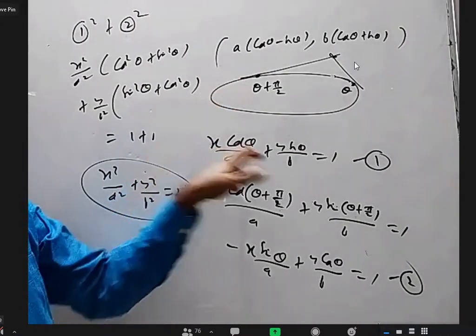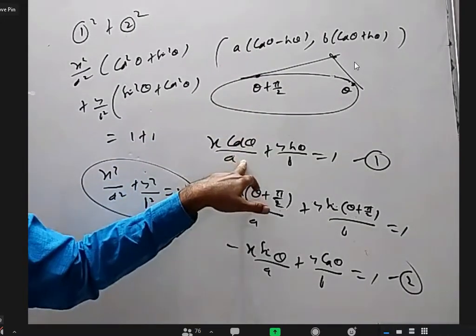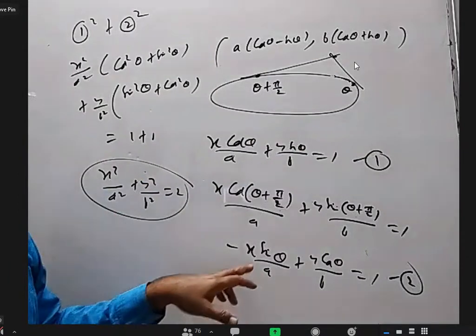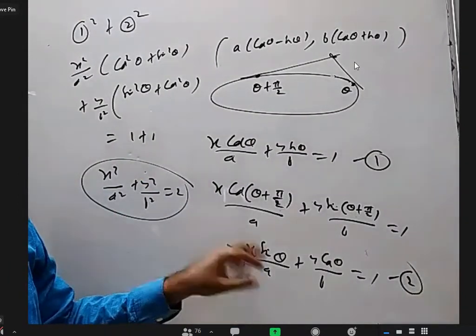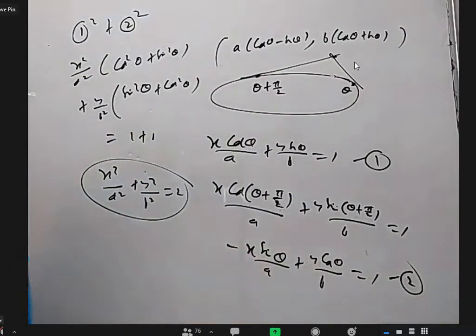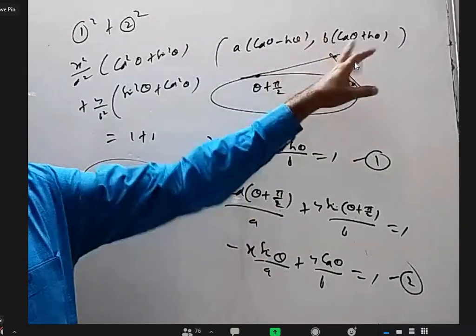Let me check if I put it satisfying or not. Cos square minus cos theta sin theta, sin square plus square. That's one, correct. Here if I put it, minus sin cos plus sin square plus cos, yeah. When you solve these two, this is what we'll get.